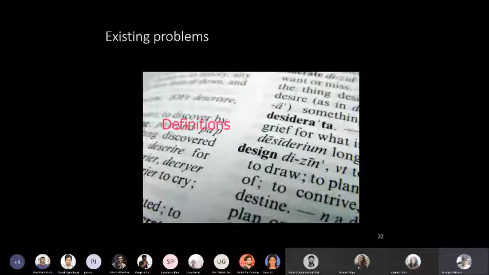So the first is the definition. We talked about many different types of user model, and that's why I also have some confusion about what can be a single definition of a user model which can be agreeable to different proponents of user models, starting from the people who developed cognitive architectures to the person who constructs a user model to predict your search query in your browser. That is not a trivial question to answer.